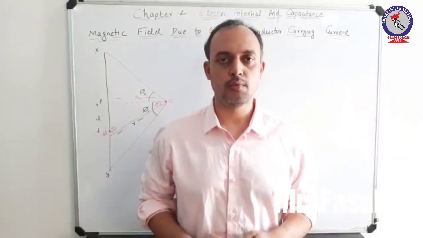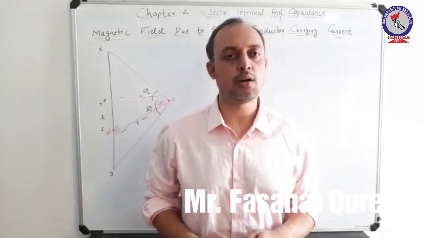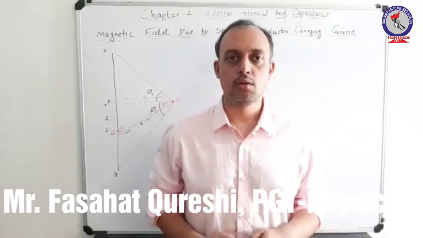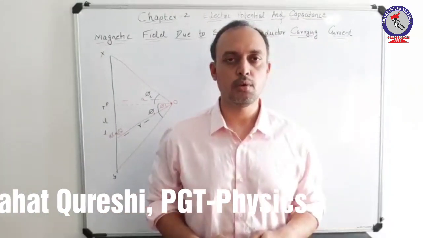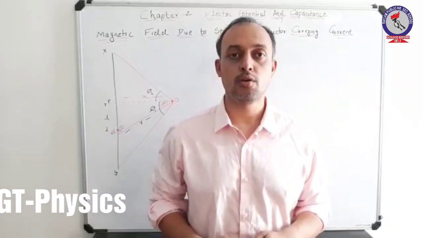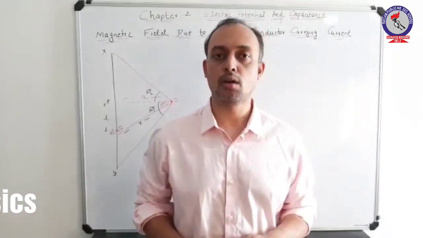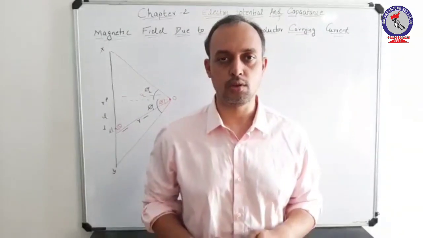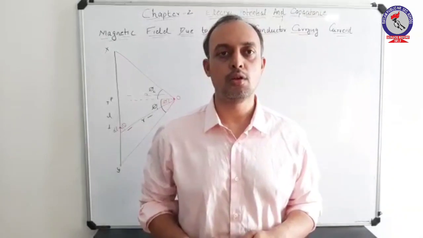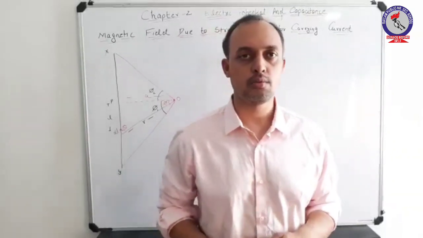In this section of my video, we will be going through the concept of magnetic field due to a straight current carrying conductor. This is a very important concept which is applied in a variety of questions. It is a topic of chapter number 4, Magnetic Effects of Current, NCERT for class 12th. We will be using the derived relation for calculation of field at different points.